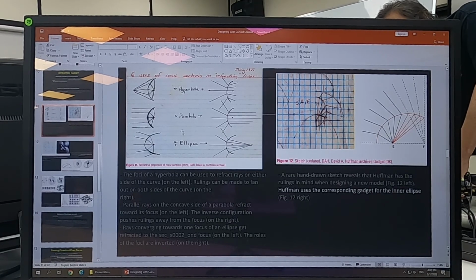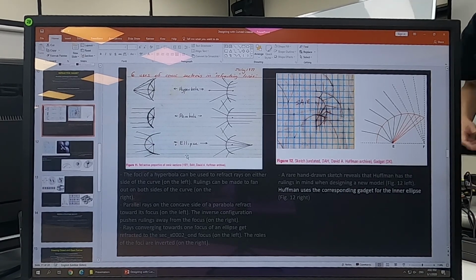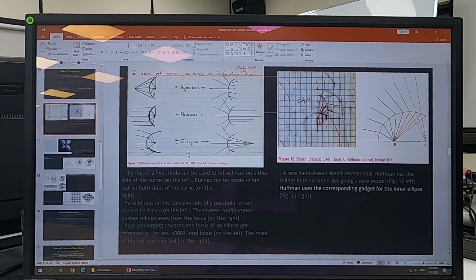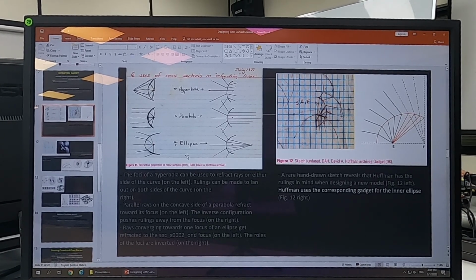Parallel on the left hand side is now parallel on the right hand side, and concentric on the right hand side is now divergent on the other side. So I think this figure makes it very clear for us to understand the geometric characteristics of